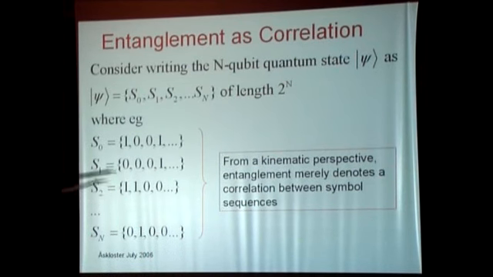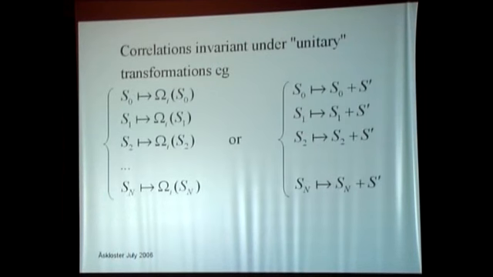So from a kinematic perspective, entanglement in this picture would just denote some correlation, partial correlation or complete correlation, between symbols. And incidentally, these correlations are invariant under permutation transformation, so I could